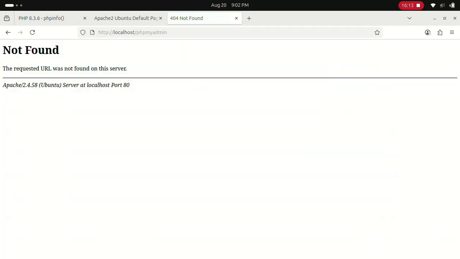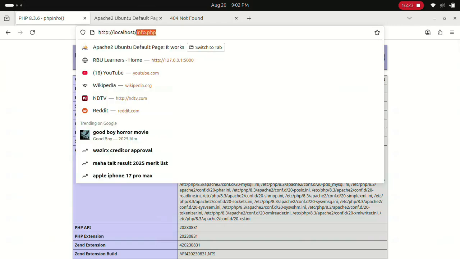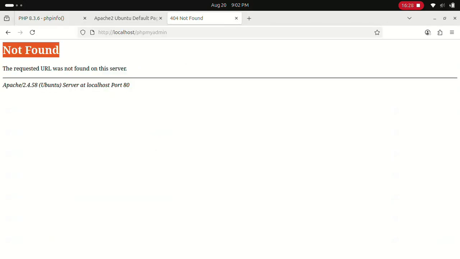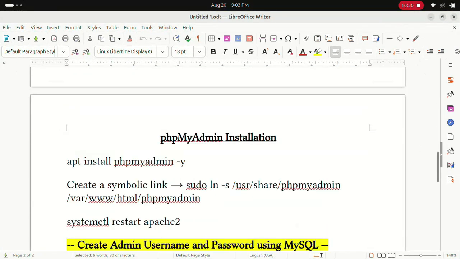Right now it is saying not found. Previously it was showing not found, and after that we created an info.php file in a particular folder. But in this case we will not create any file. We just need to create a symbolic link. The command to create a symbolic link is this: